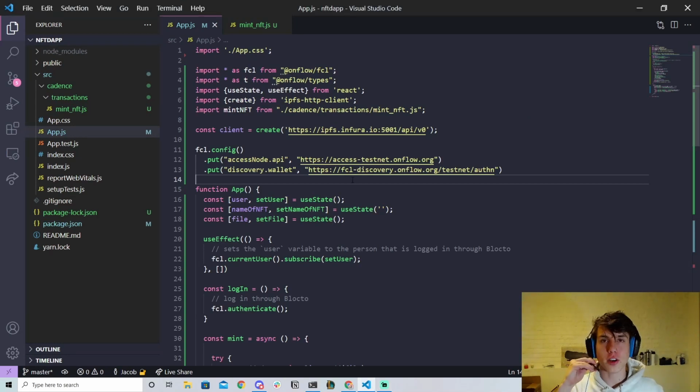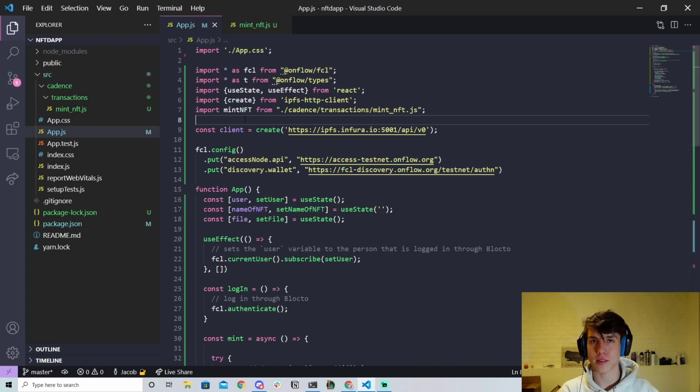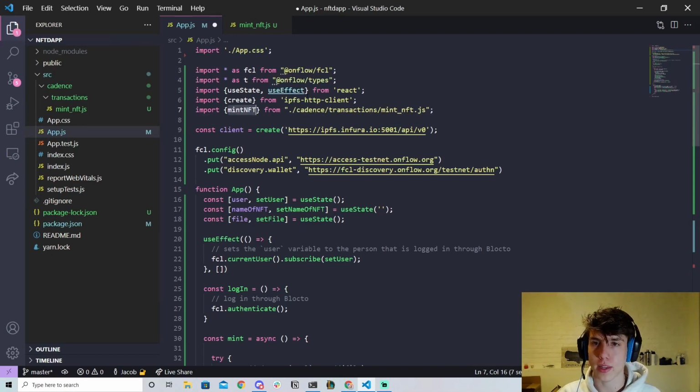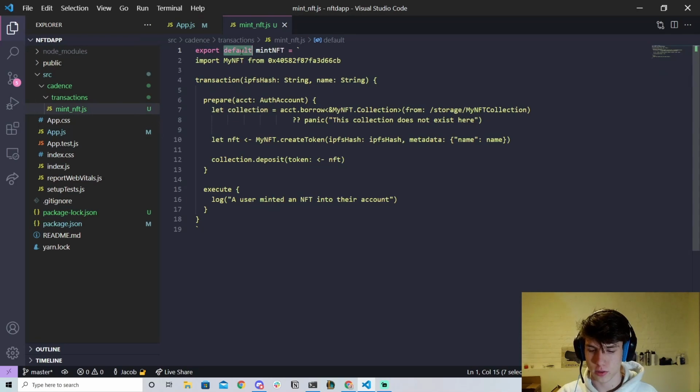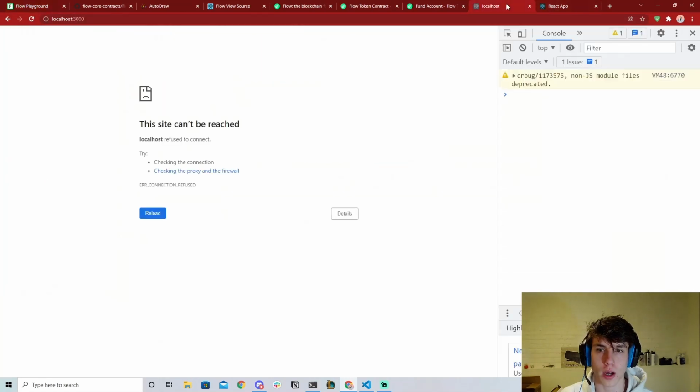Okay. So I just took a quick break and debugged this for a second. And so hence I have turned the lights on because it's also gotten so late here because this has been taking a while. But essentially, in order to fix this, what we can do is we can actually wrap mint NFT in some brackets and do export const mintNFT like so. And so once we do that, if we go back to our application here,